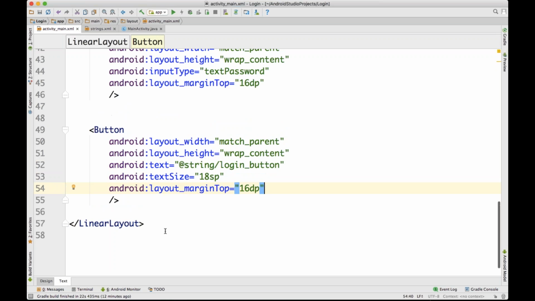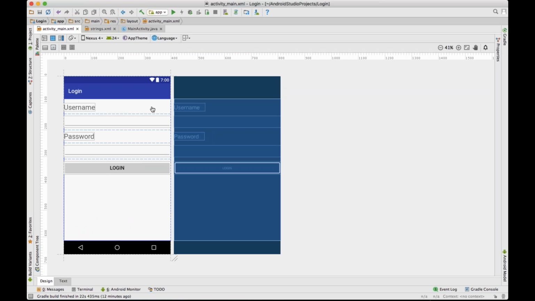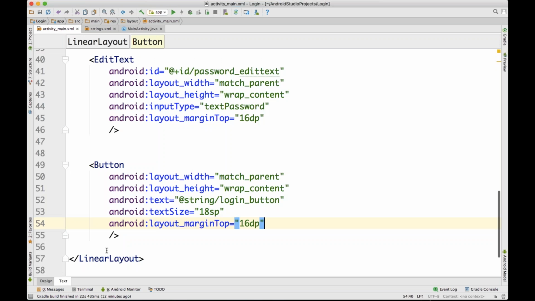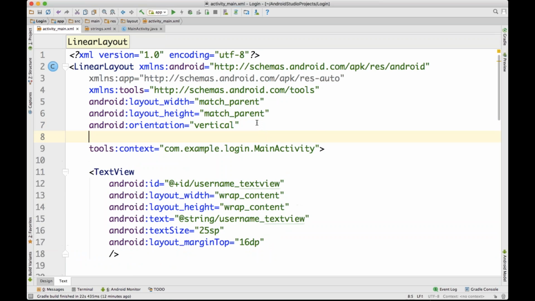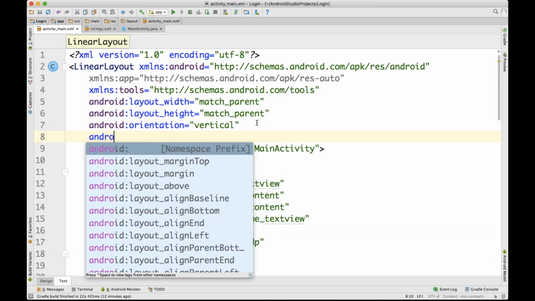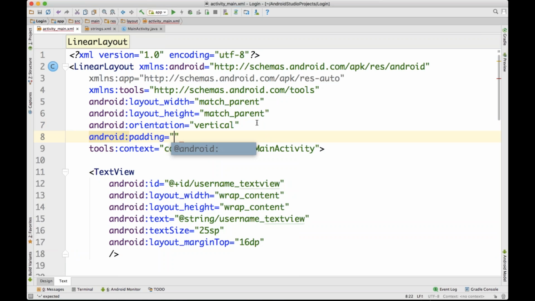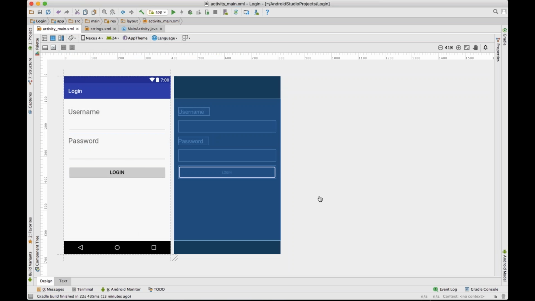Again, to make sure that our components are not going outside of the screen, you can always set a padding. This padding we are going to set on this linear layout. So here we can say android:padding. We are setting this attribute not on a single component but on the root layout, so it will add the padding to all the components automatically. So here we can say it's 16 dp, and here is our